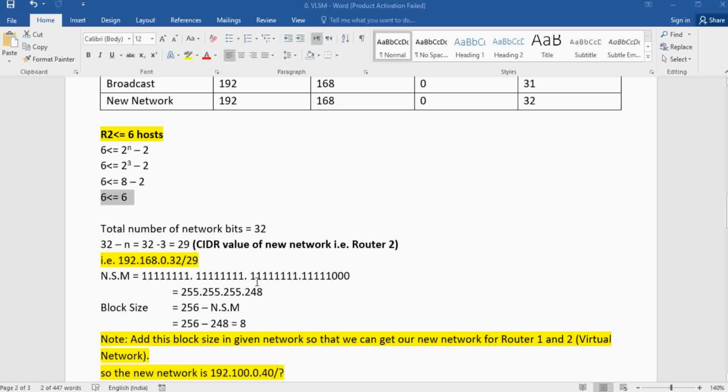Then we want to find the CIDR value because without the CIDR value the router will not accept the route. The total number of network bits is 32. We need to minus the n value from 32. 32 minus n is equal to 32 minus 3 is equal to 29. So the CIDR value is 29. That is